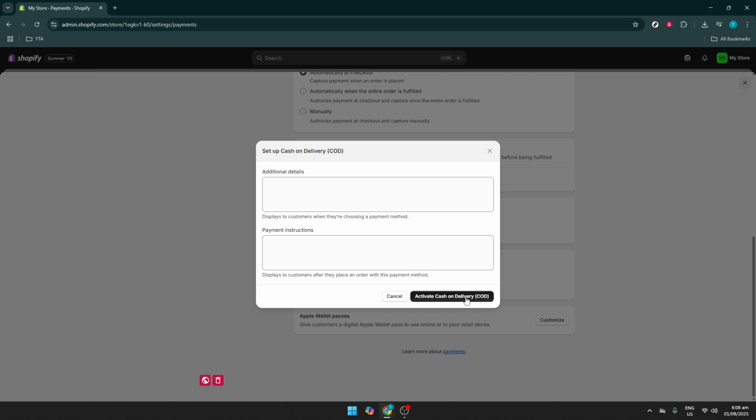It's a good idea to coordinate with your shipping and fulfillment teams to make sure everyone is on the same page and that packages are processed efficiently. And there you have it. A straightforward guide to enabling Cash on Delivery in your Shopify store. It's a simple feature, but it can have a significant impact on how you reach and retain customers, particularly in markets that rely heavily on cash